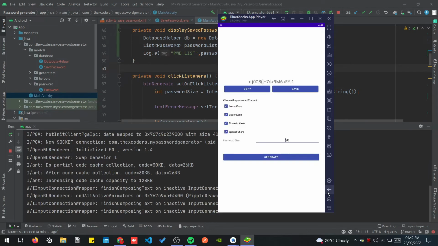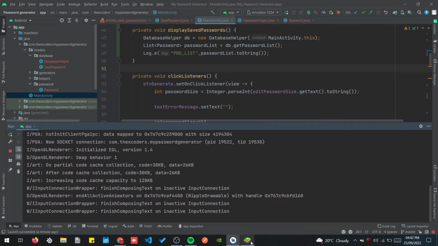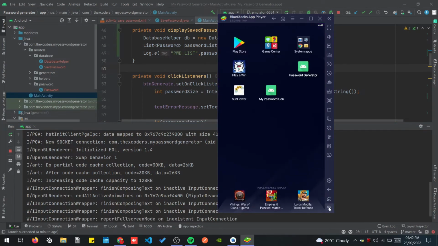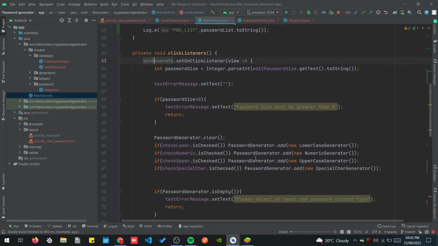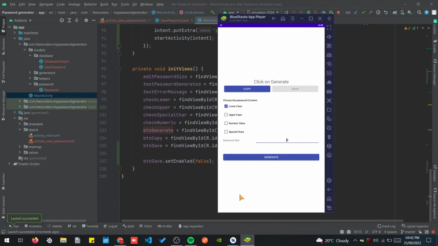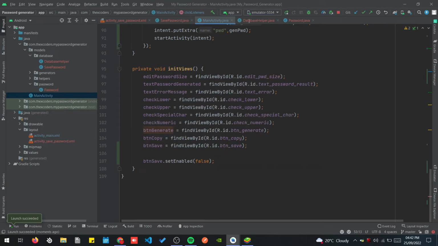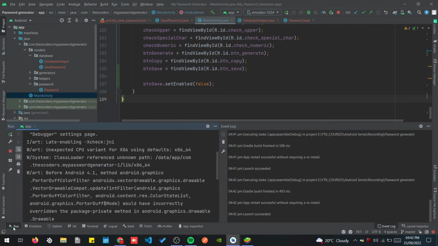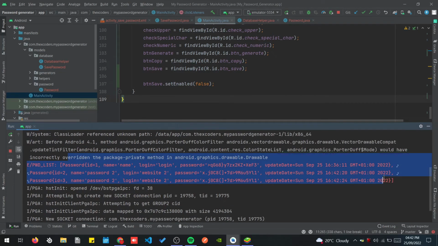Alright, let's go back here. Okay, so this is not actually saving. I just want to double check on the runner. It is being saved, but